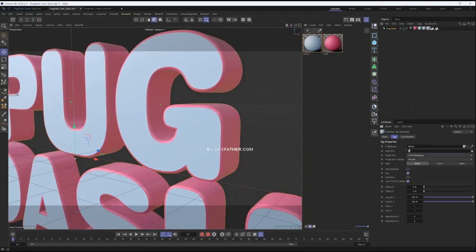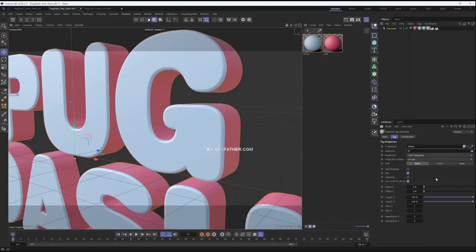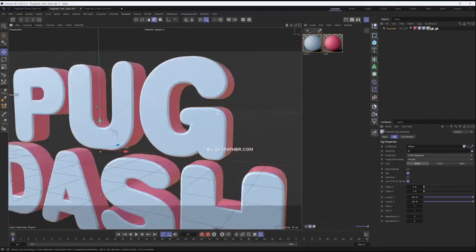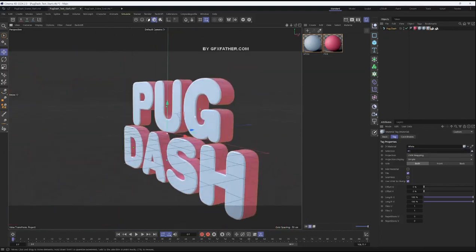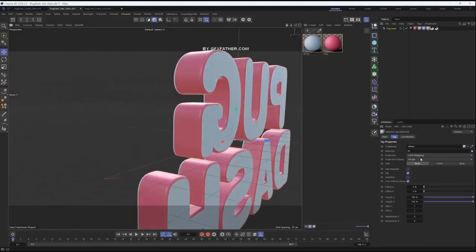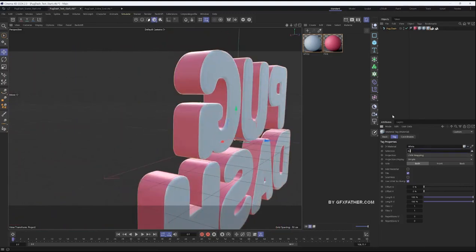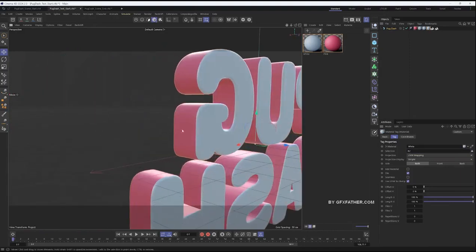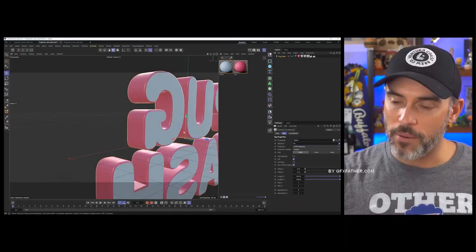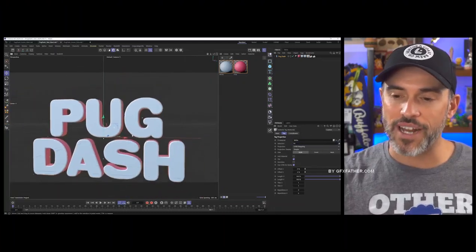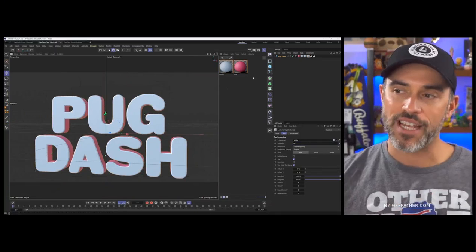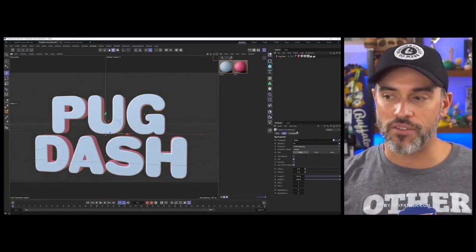So if I go into here, I can type in R1, and you can see, boom, we now have that white material on that rounding. And of course, I could change this to R2, and this will then place that white material on that rounding. So very easy to be able to apply different materials to different aspects of your MoText object here using these